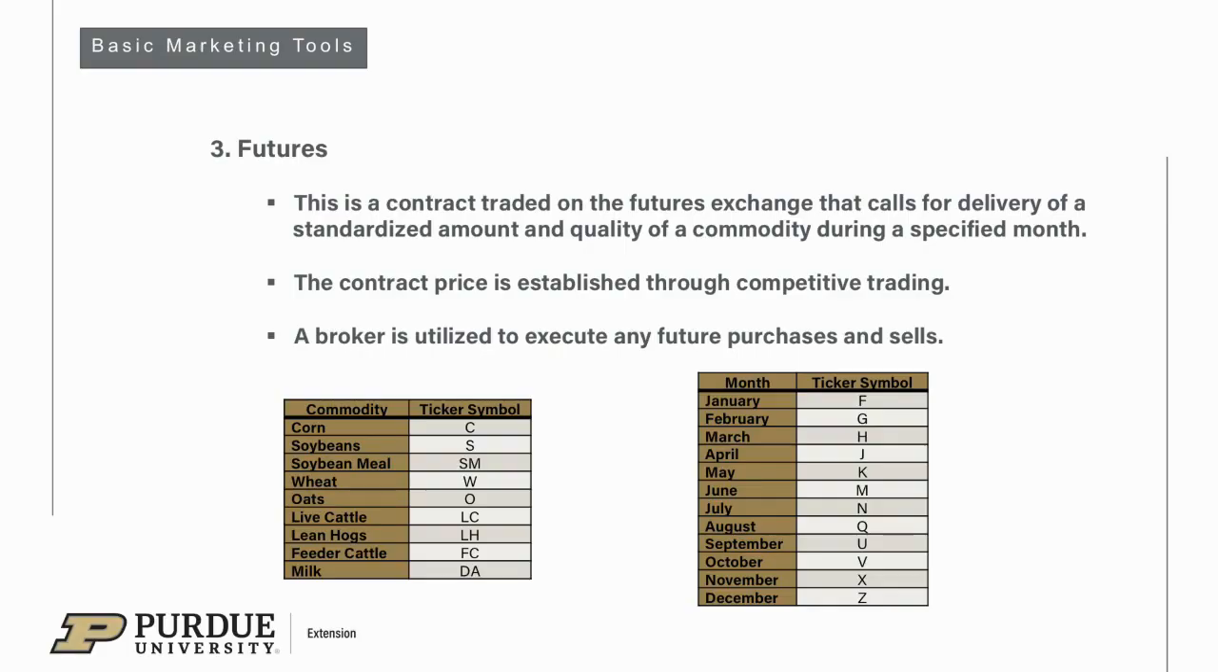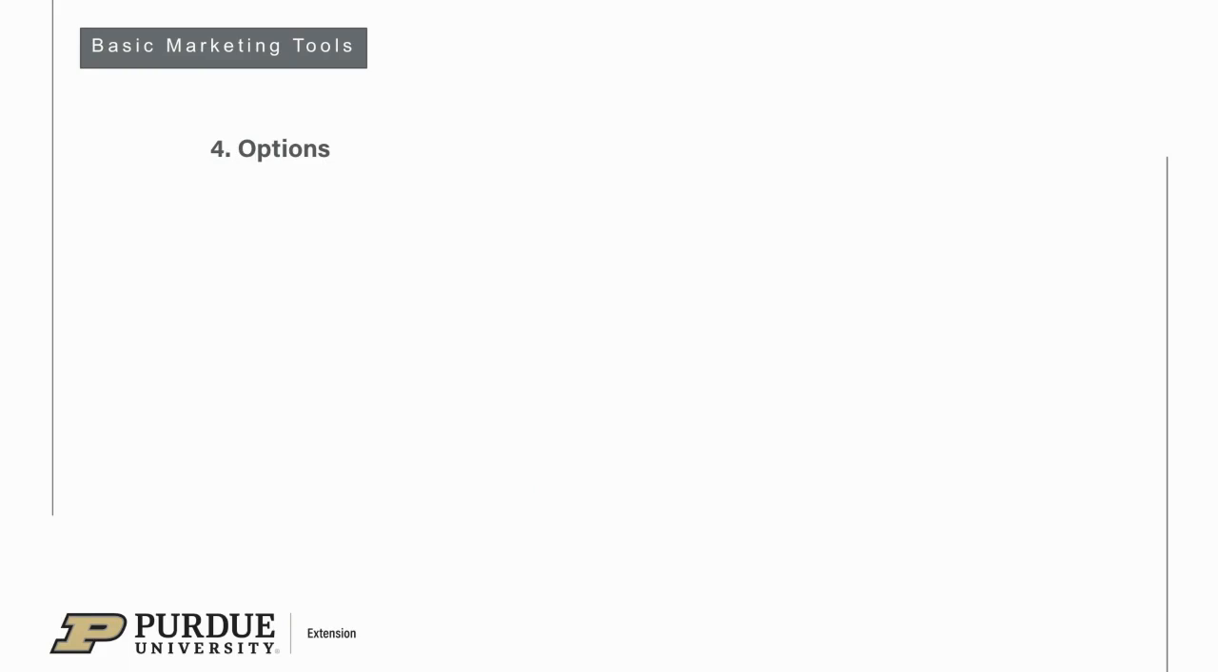Now, if you're interested in knowing more about futures, you may want to know what the different ticker symbols are. And so here on the slide, we have the basic ticker symbols for a few of the basic commodities that we deal with in the agricultural industry, and then also the ticker symbols for the various months that are used for our futures contracts. The final tool is options, and these are options on the futures contract, and it is